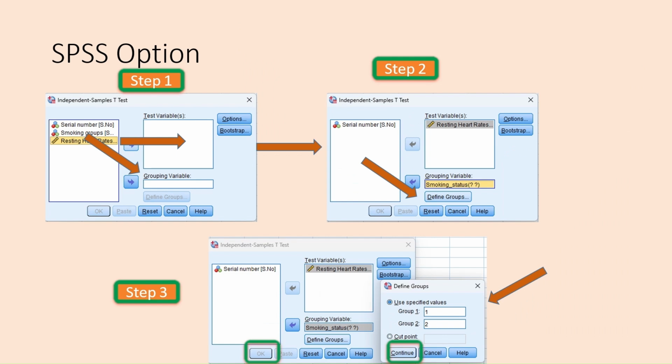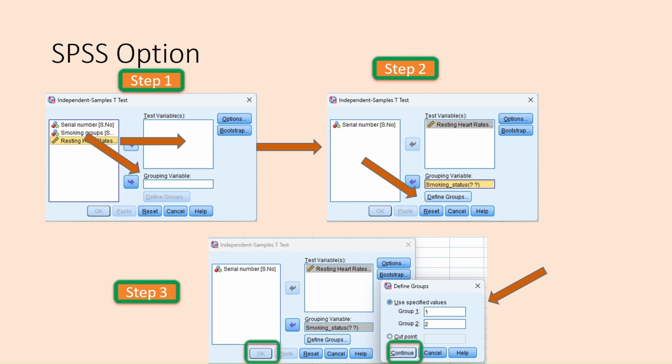Step 1 in the independent sample t-test window is to move your resting heart rate variable into test variables and the smoking status variable into grouping variable. When you move smoking status into the grouping variable, double question marks show.